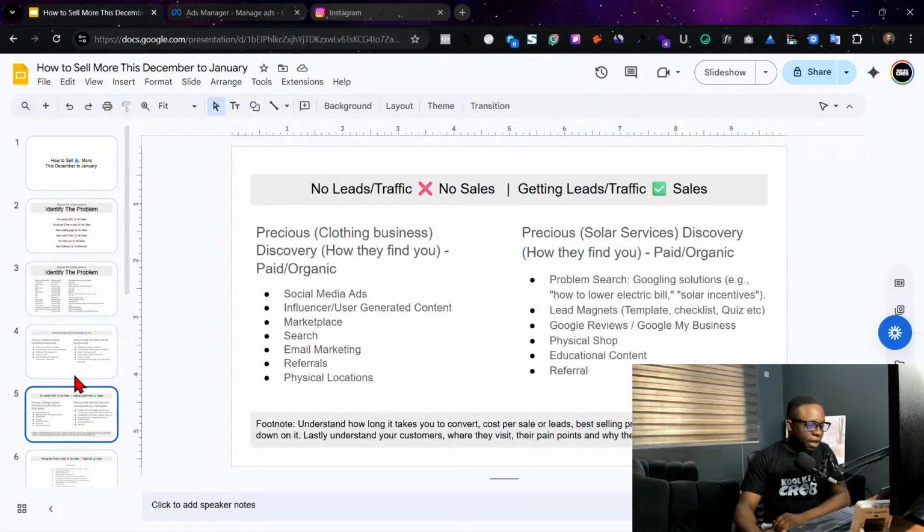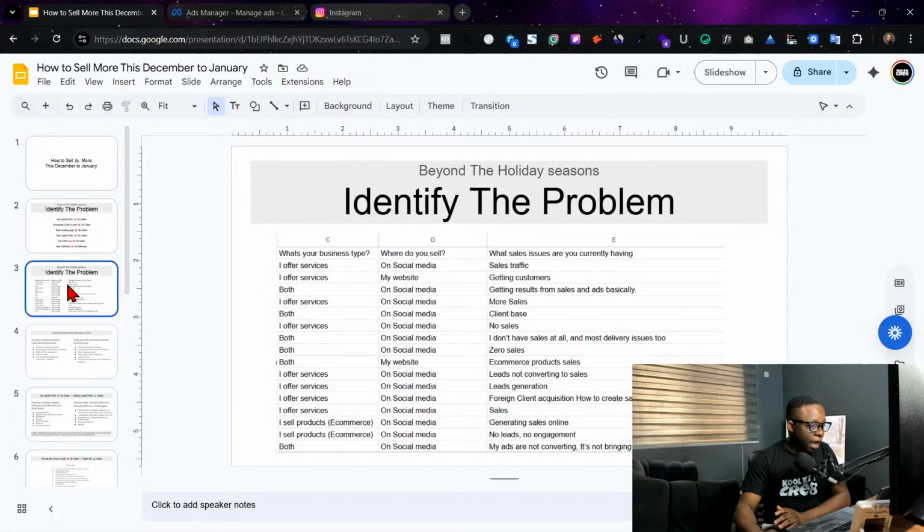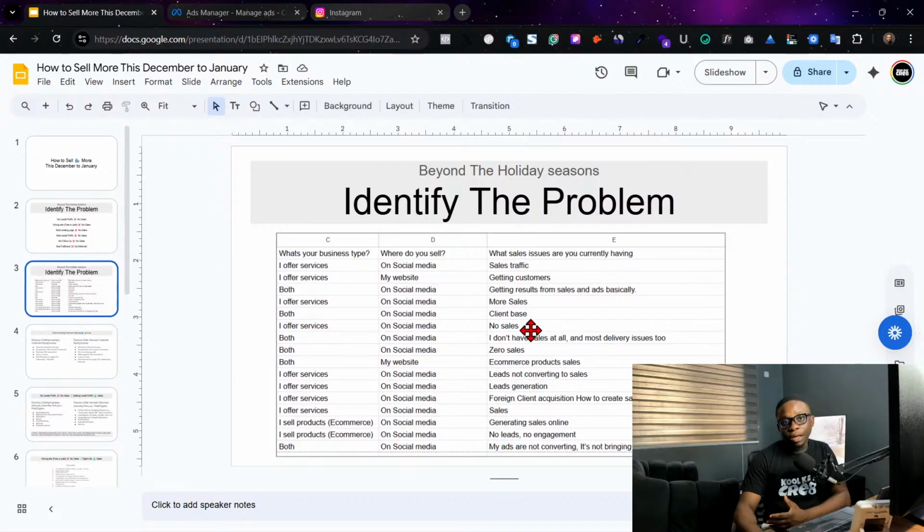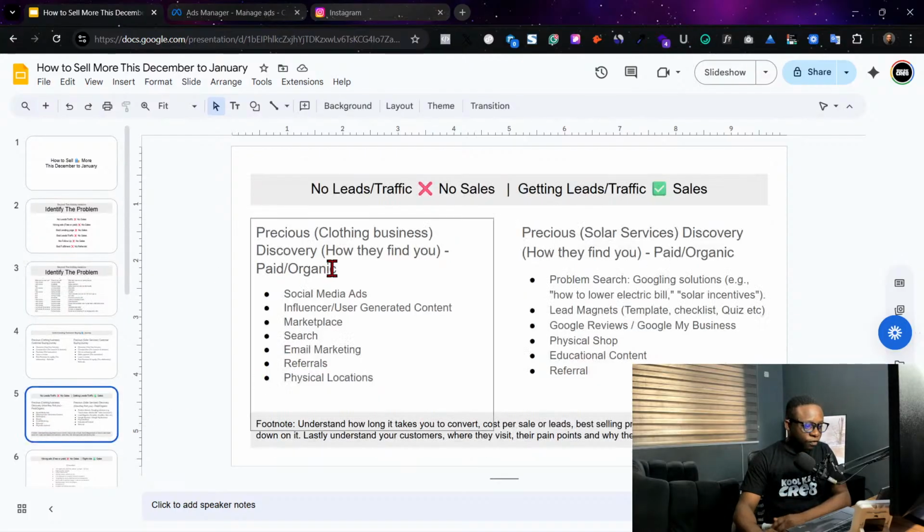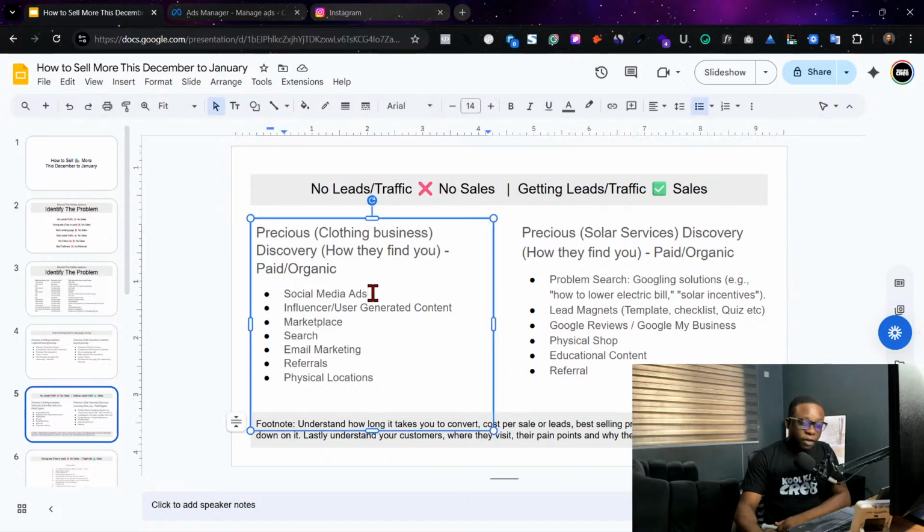So now, the next thing, which is one of the most important things, is no traffic. This is one of the big problems that we had here, where most persons were saying no traffic. How do we solve that? So now let's look into the e-commerce business. The first thing is, if you're having no leads, I used to tell many businesses, traffic, leads, whatever you want to call it. If nobody is coming to you, there is no guarantee that you would have sales.